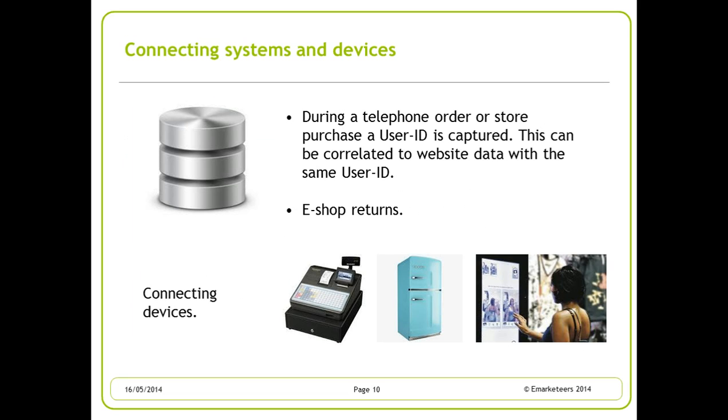Any purchases that happen, for example, via a call center can be correlated with website data. Or another possibility: a lot of web shops are facing returns, and Google Analytics always overstated the number of purchases on web shops because returns weren't taken into account. Well, now we can fire measurements back to Google Analytics to actually correct the measurements for returns that came in.